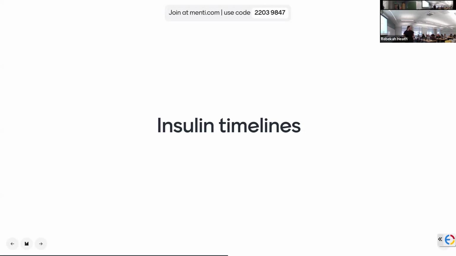Okay, I'm going to give you essentially an order for insulin, and I want you to draw out a timeline of what that might look like. I want you to draw something like what was on the slide, where this is the peak effect and this is the time. I'll give you a little order that says the patient takes maybe 7 units of Humalog with meals 3 times a day, and they take